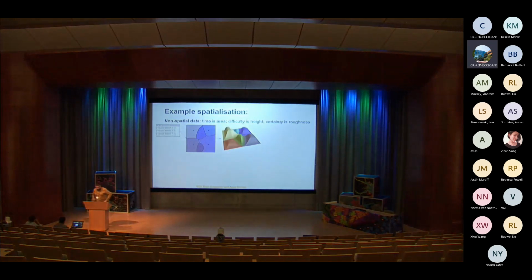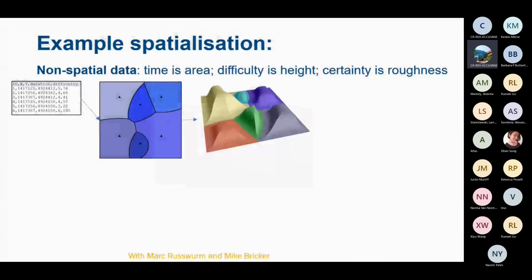So as an example of spatialization, at a very abstract level, here we've got 6 hypothetical work projects. It could be in any domain. It could be a university curriculum. It could be a student with their courses. It could be in Esri, where an employee has 6 projects on their plate at this time. In spatialization, we move from the left-hand side here with non-spatial data. We can assign, in this case, arbitrary spatial locations in some abstract space, place them as points in that space,